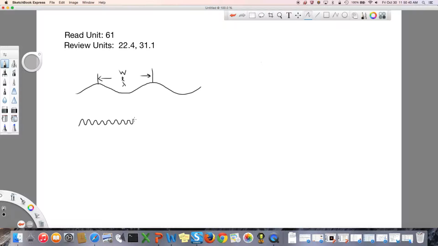And clearly, as you can tell, this wave has a much shorter wavelength, W or L or lambda. It has a much shorter wavelength than this one does. Now imagine that I tried to send this wave through some sort of hole. And let's say I made the hole way bigger